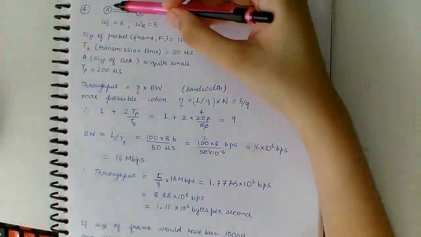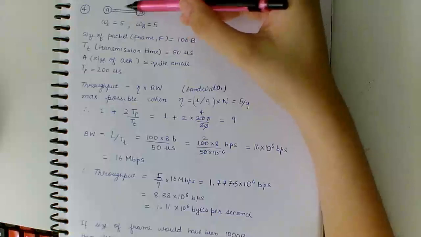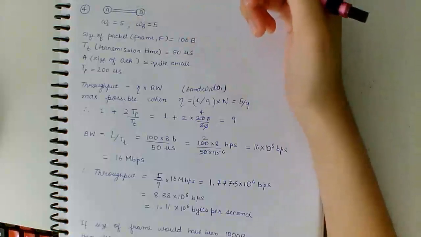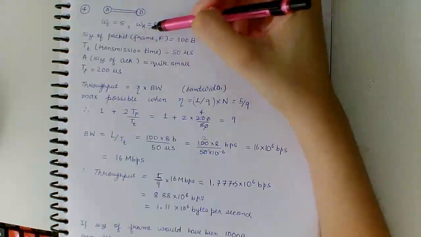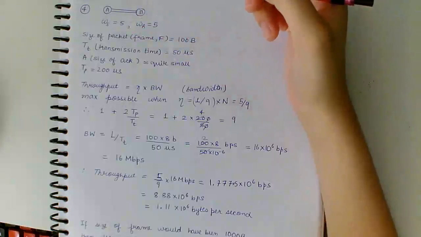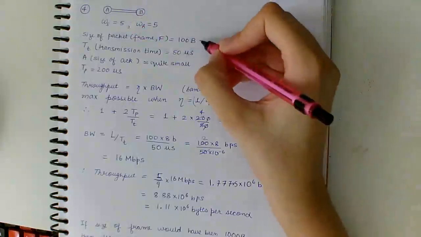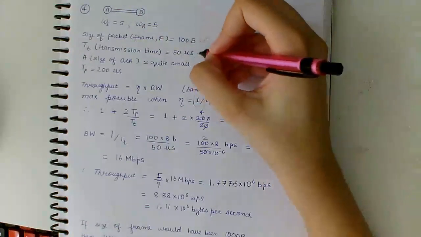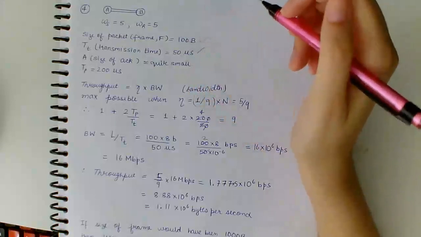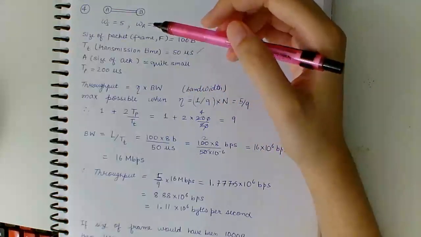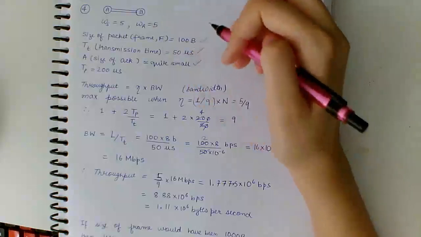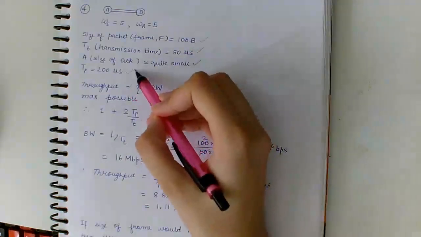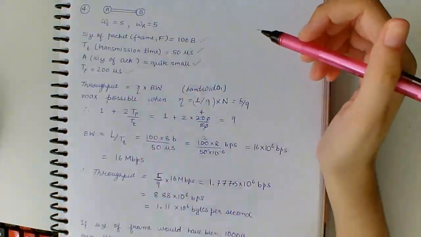Host A is sending data to host B over a full duplex link. A and B are using sliding window protocol for flow control. The send and receive window sizes are 5 packets each. Data packets sent only from A to B are all 100 bytes long, and the transmission time for such packet is 50 microseconds. Acknowledgement packets sent only from B to A are quite small and require negligible transmission time. The propagation delay over the link is 200 microseconds.